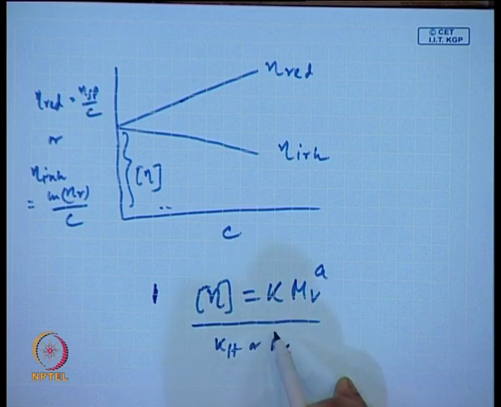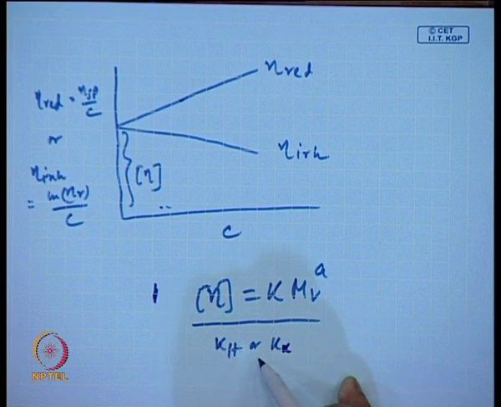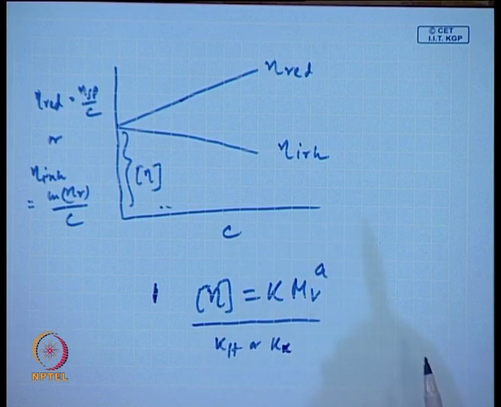And if you do not know this K or a and the Kh or Kk, then the process is to determine